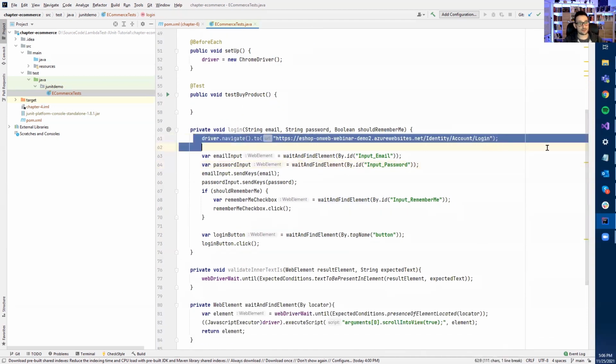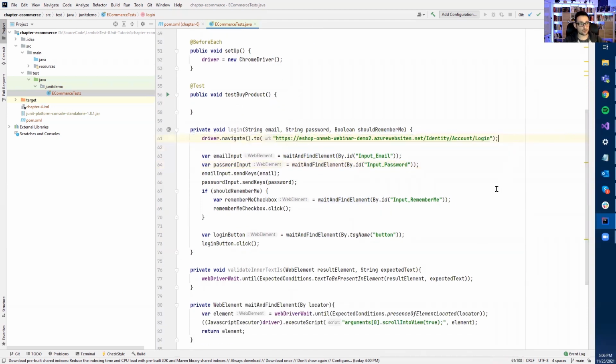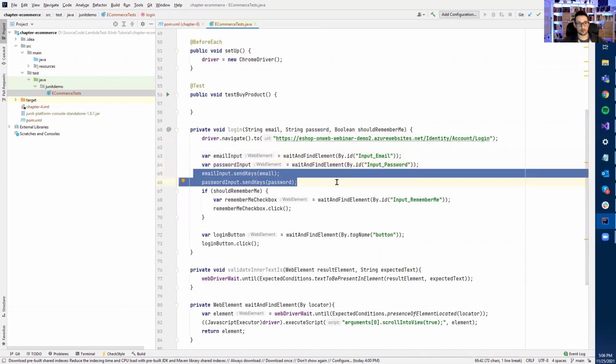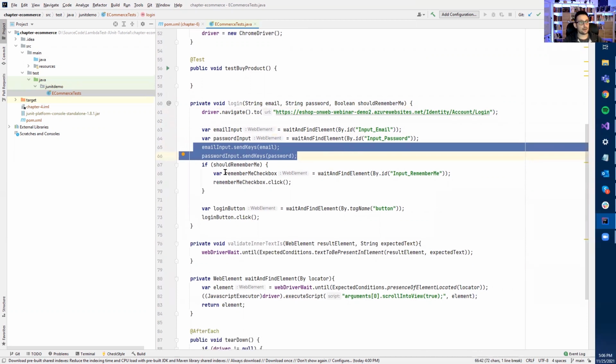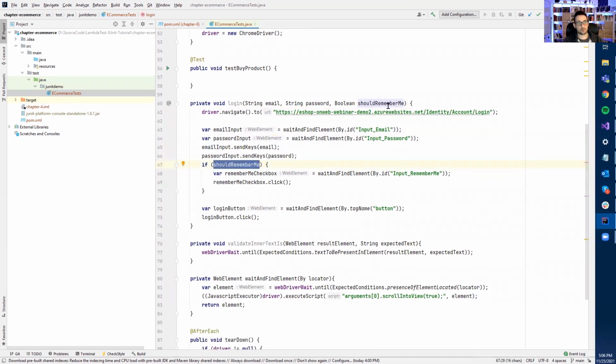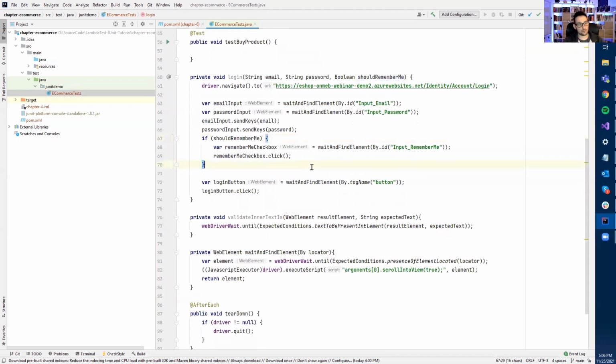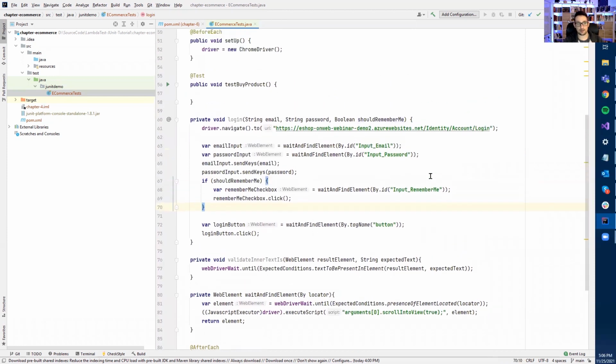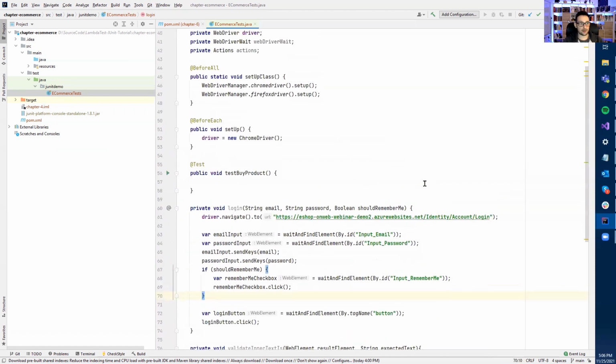So I'm first navigating to the login page. Then I'm finding the email input and the password input. As we discussed, we are finding them by ID. Then I'm typing both of the texts, and then I'm checking this Boolean parameter here, whether we want to check the remember me box. And then we are finding the login button and clicking. Then we are redirected back